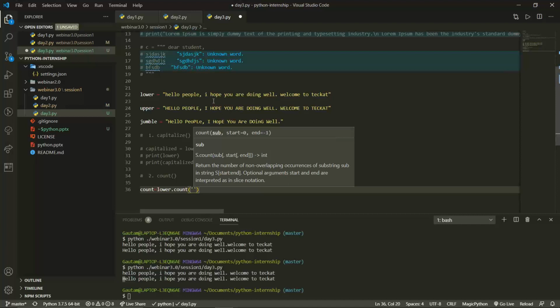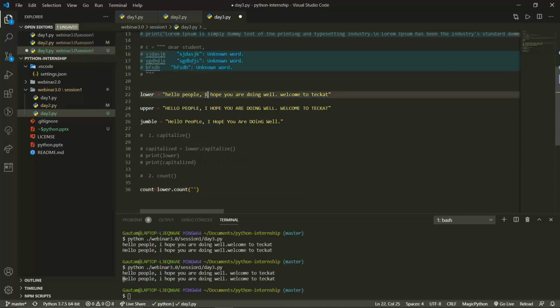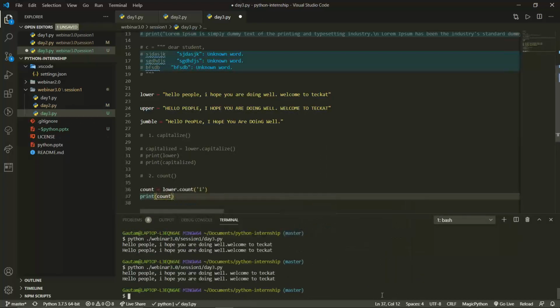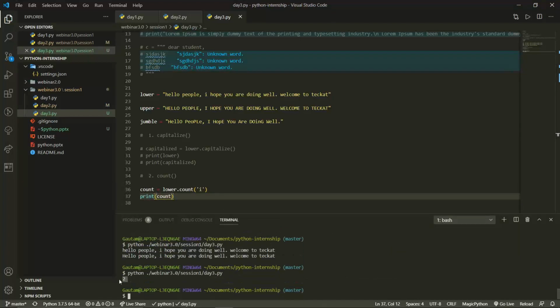For example, I want to count how many times I use I. So I will write I over here, and print count. I will execute this. This is the first time, and this is the second time. So 2 times we have used I in the statement.